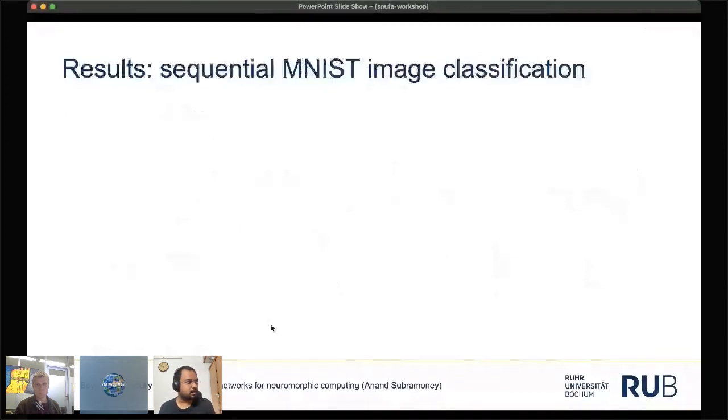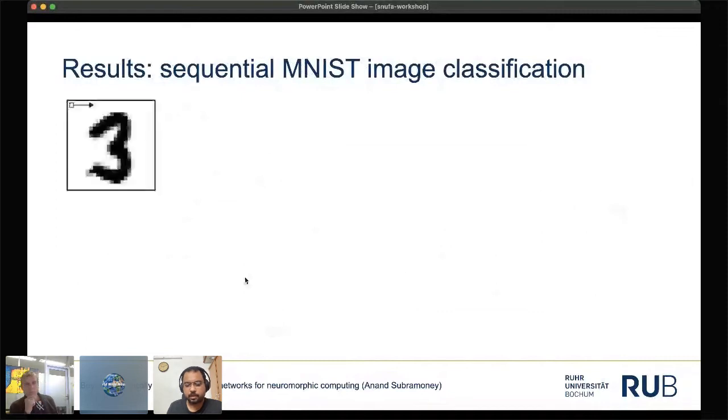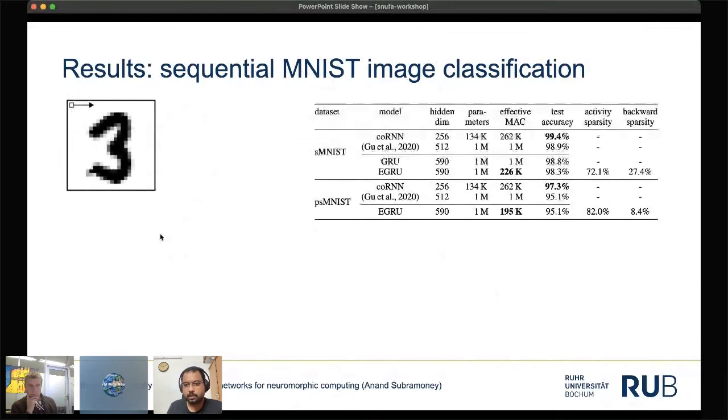Okay, so similarly, we also tested this on sequential MNIST classification. And if you're not already familiar, this is a task where you take an image and input the pixels of the image, pixel by pixel, to the recurrent network, and ask the network to classify the image. And again, over here, we are not beating state of the art, but we get pretty close to state of the art with non-spiking or non-event based models, but with a fraction of the multiply accumulate operations, right? Which implies that there is really high activity sparsity and overall fewer operations.